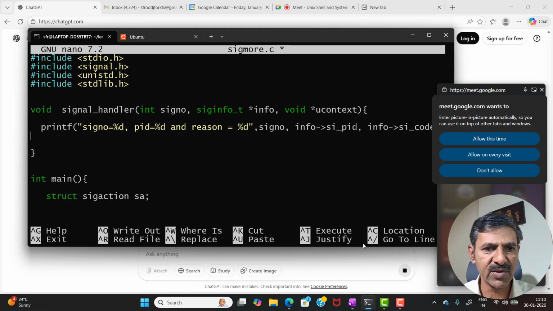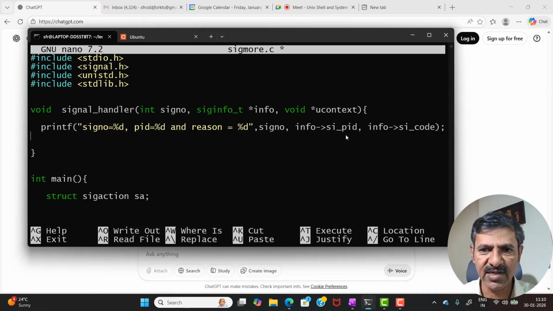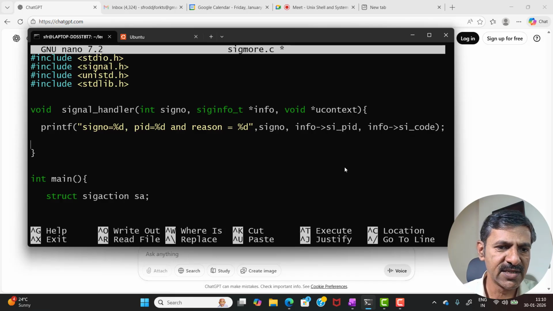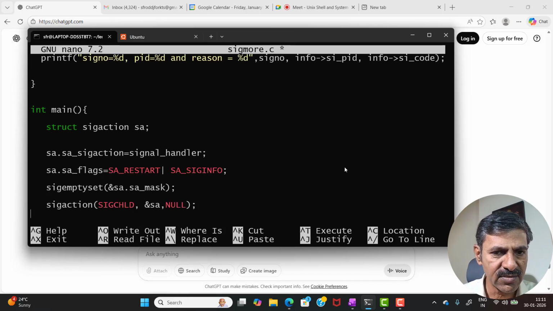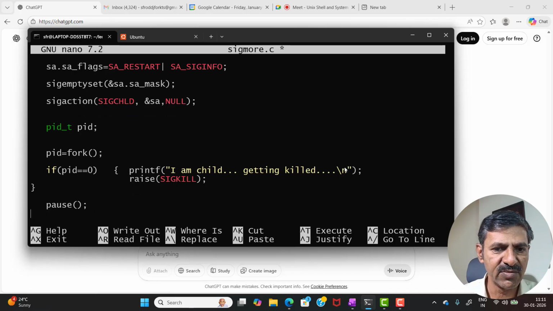Okay, so we are now able to display far more information than what is possible with a normal signal handler. Along with the signal number, I can display who caused the signal to occur and what was the reason for it. And then down here, the program remains the same. You have to call sigaction, and within the signal handler, I want the mask to be clear. So sigemptyset on sa_mask should be done, and then you have the child process exiting before,